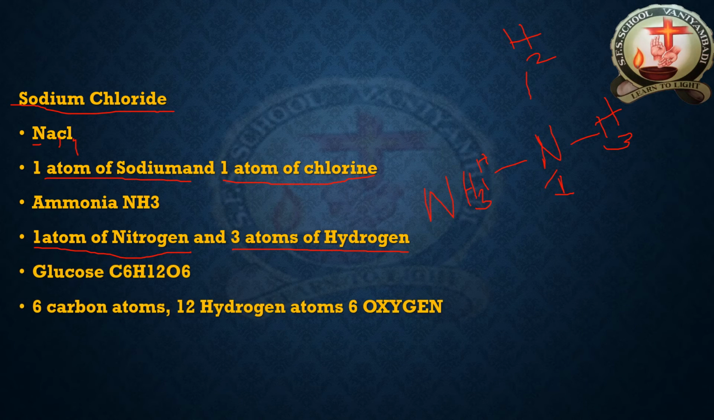So next one we are going to see the glucose. Daily we are consuming glucose, so only we get energy. So what are the things available in your glucose? How many atoms are there? 6 carbon atoms. So how many hydrogen atoms? 12 hydrogen atoms. How many oxygen atoms? 6 oxygen atoms. Accordingly we can give the